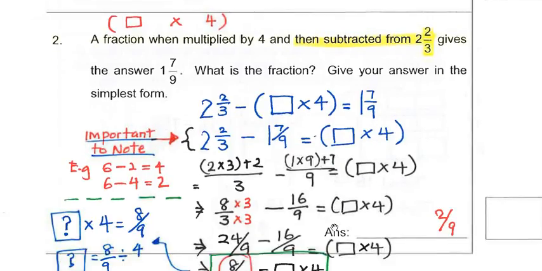Next, wow, a fraction when multiplied by 4, right? This should be easy, but just hang on first. You must have something multiplied by 4. This is what you need to think. Then subtracted from 2 over 3. It means this whole thing being subtracted from 2 over 3. It's not this whole thing minus 2 over 3, but 2 over 3 minus this thing gives you 7